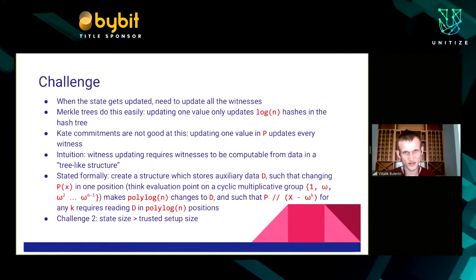K commitments are terrible at this, right? Because if you have a polynomial and you update that polynomial's evaluation at one coordinate, then that ends up changing every witness. That ends up changing every one of these, like P minus something divided by X minus some coordinate. So basically, the intuition is that